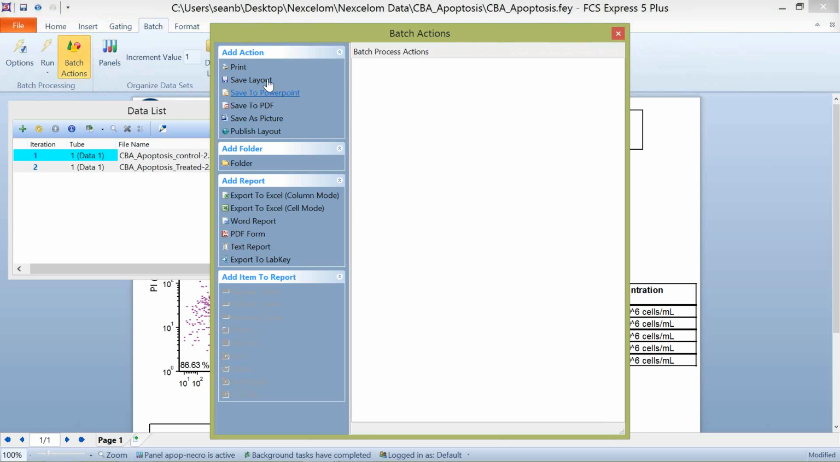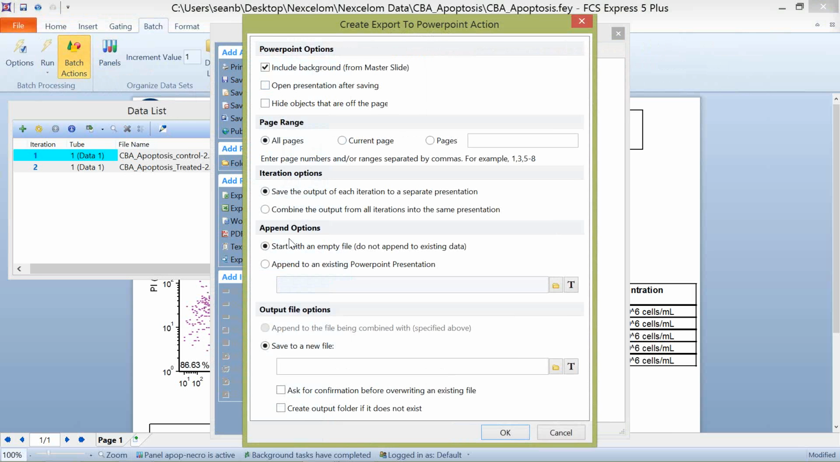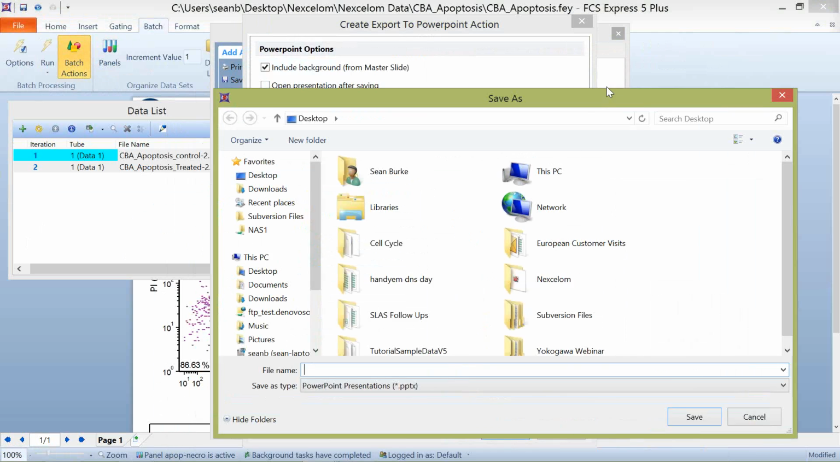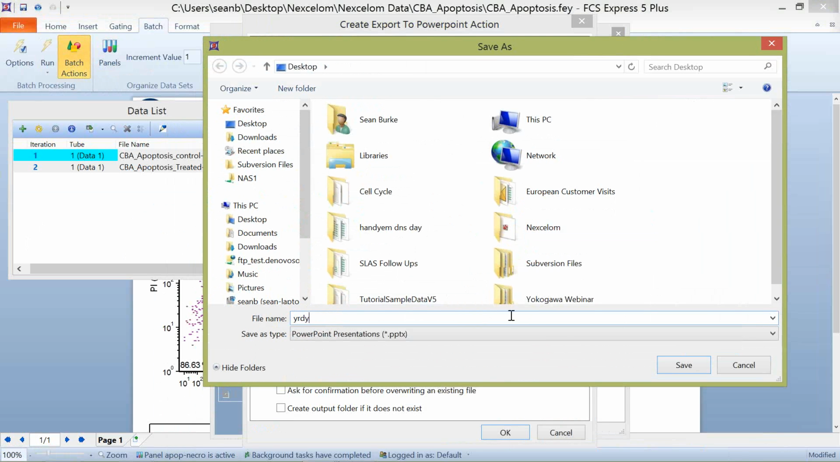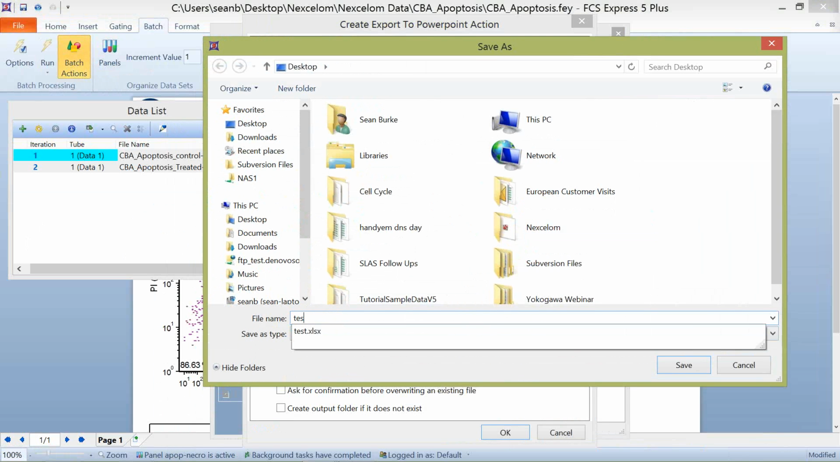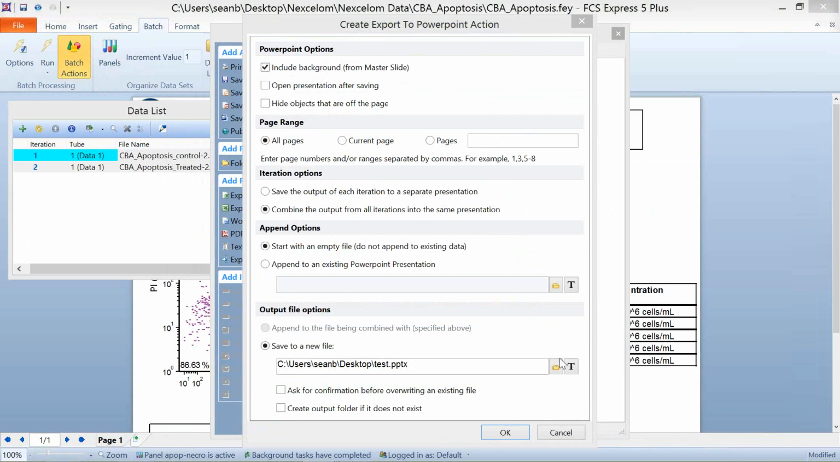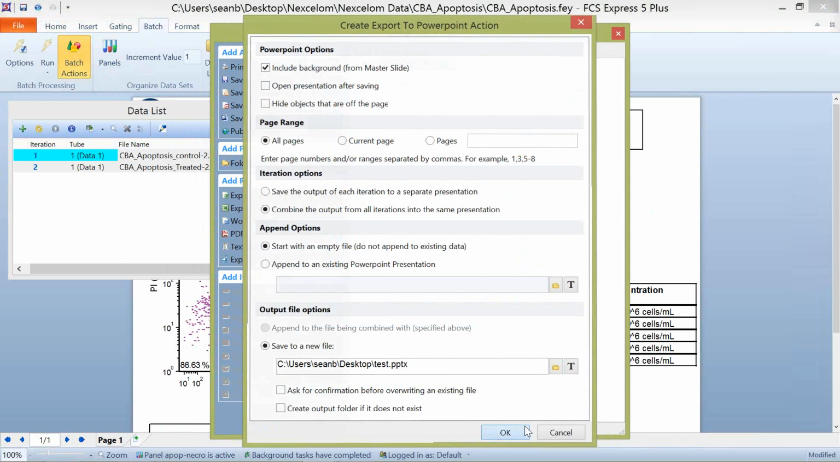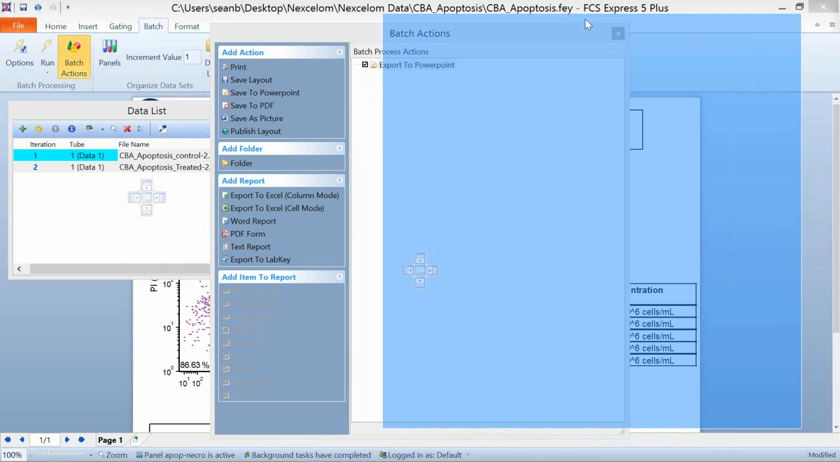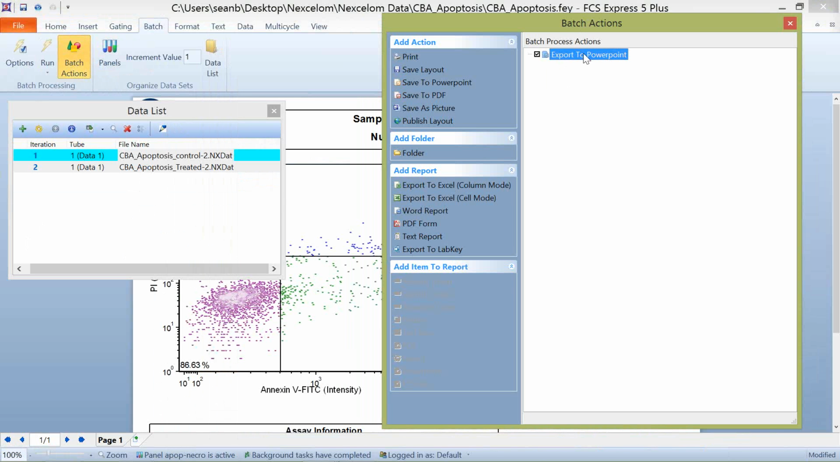They could come up here and say, save to PowerPoint. And essentially all they do is create a PowerPoint document somewhere. We'll just call this test. Click Save. And what will happen now is this batch action is set up so that when we run our batch process, it will export all the data files that we have in our data list to separate slides in PowerPoint. This also works with a lot of the other reports that we have in here